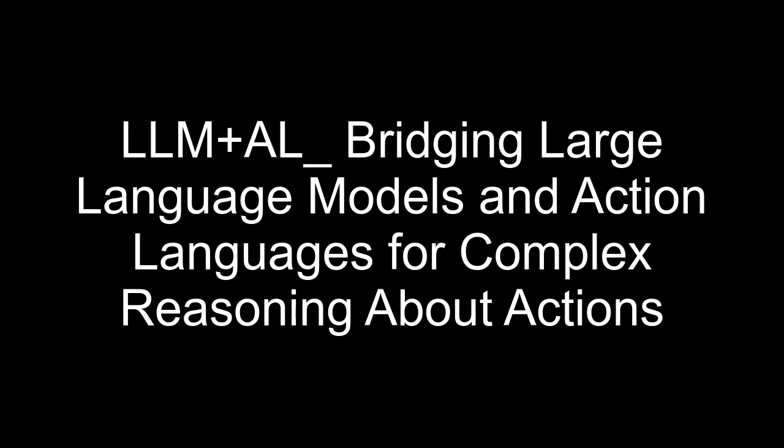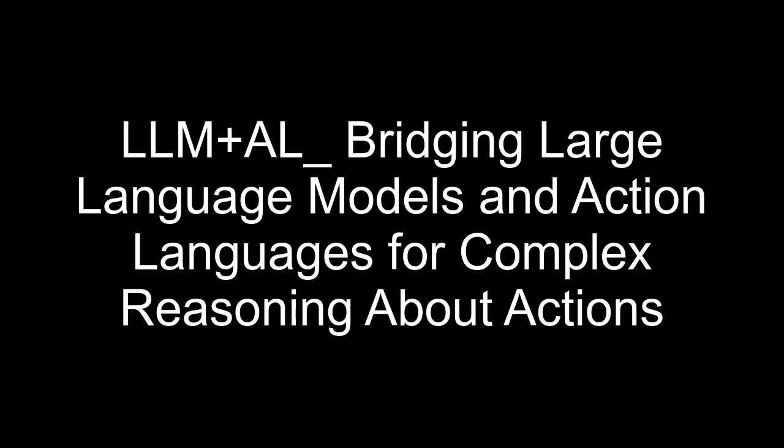The paper also compares LLM plus AL with using LLMs to generate Python code for solving these problems. What were the relative strengths and weaknesses of these two approaches? The LLM plus code approach, while capable of solving some problems, struggled with adapting to problem elaborations. The LLMs often failed to accurately model actions or constraints, and the generated Python code was often difficult for humans to correct. LLM plus AL, on the other hand, benefited from the declarative nature of BC+, making it easier to identify and correct errors. The BC Plus reasoner also handles the search process efficiently, unlike the often inefficient search algorithms generated by LLMs for Python code.